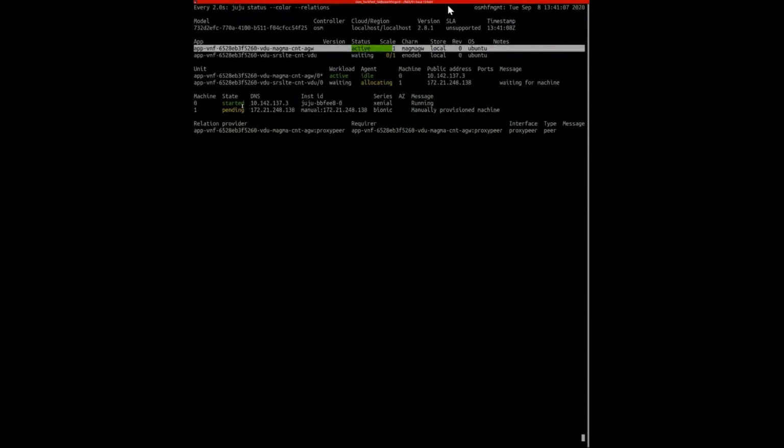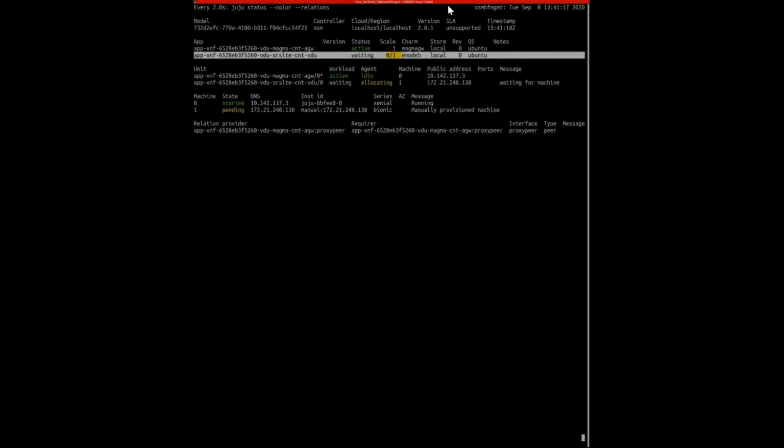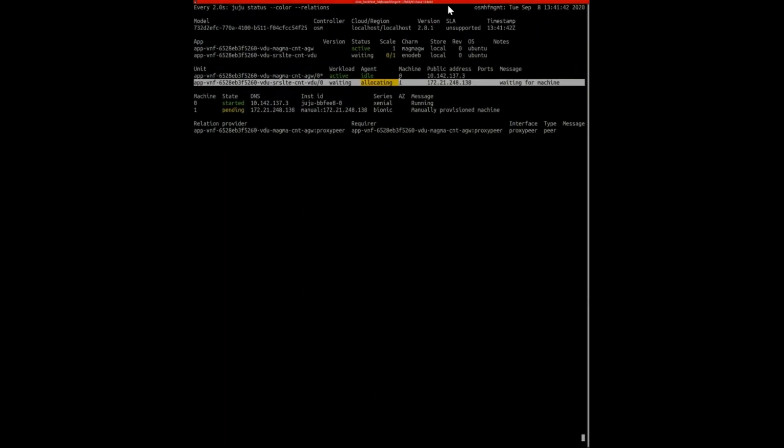And this one, the eNodeB, that is the native charm. It says here manual, because it's manually provisioned. This means that the RO is the one that has deployed or created the VM in which the charm is going to live, but now the charm has been installed inside the VM. And this is taking a bit more time than usual. I imagine this is happening because of a lack of resources,